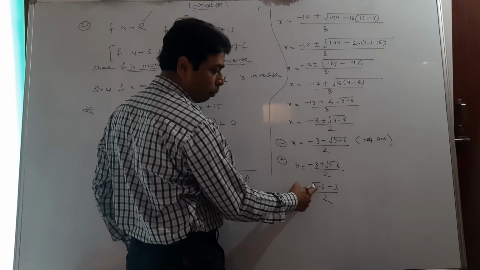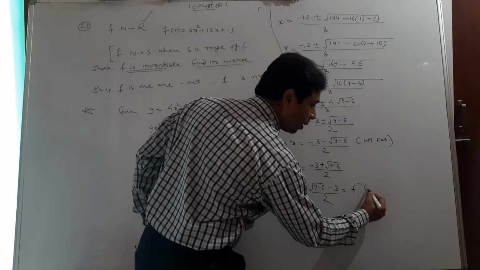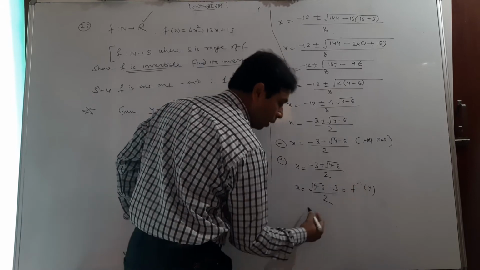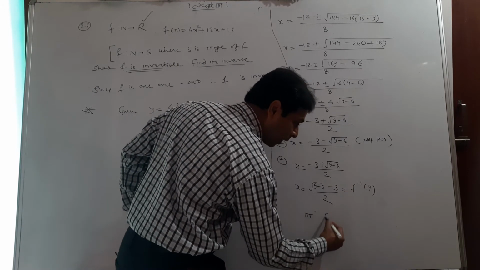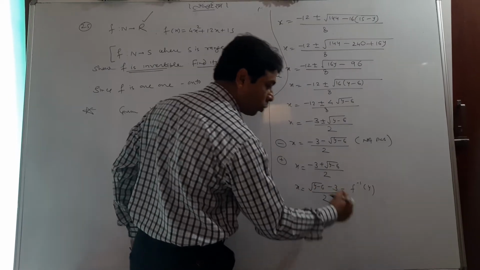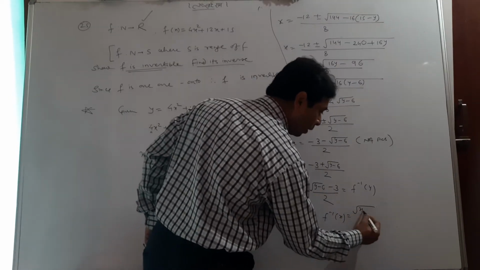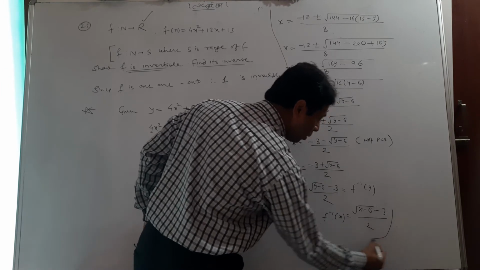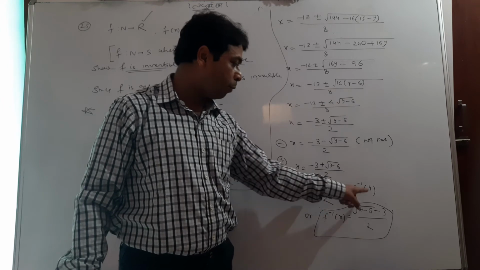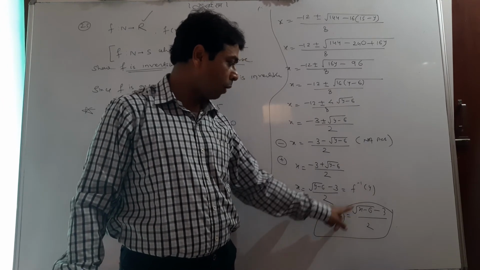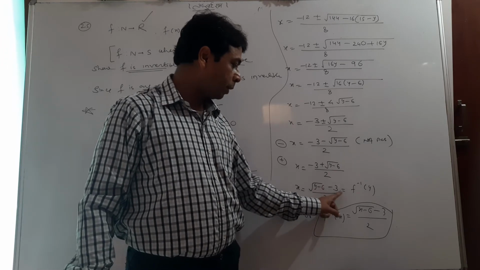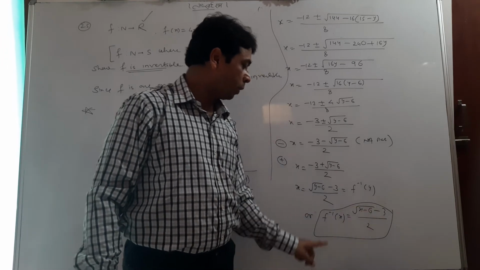x is coming in the form of y, meaning it is what? It is f inverse y. And lastly, we'll find the answer in x. So student, write f inverse x instead of y, you can change y by x, meaning it is the square root of x minus 6, minus 3, upon 2. See the last term carefully, don't be afraid. This is f inverse y in the form of y. Change y by x. So f inverse x will be the square root of x minus 6, minus 3, upon 2. This is the inverse of the function.